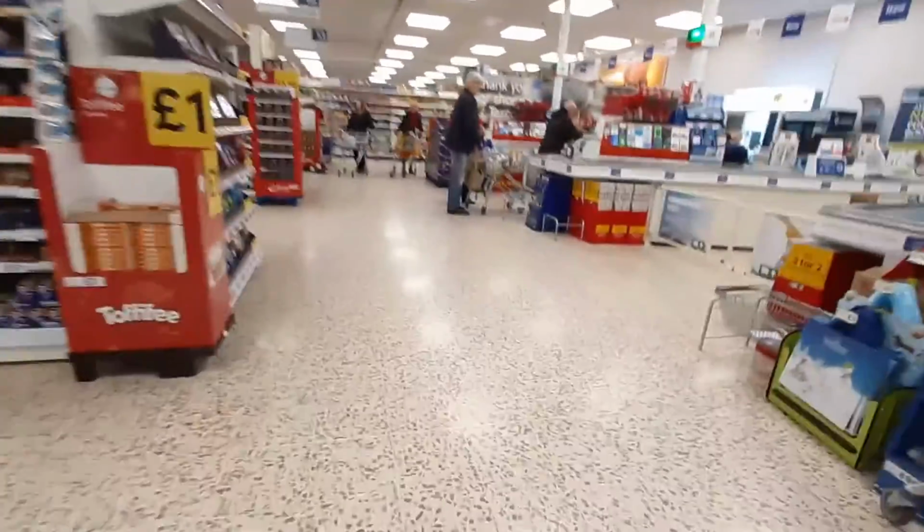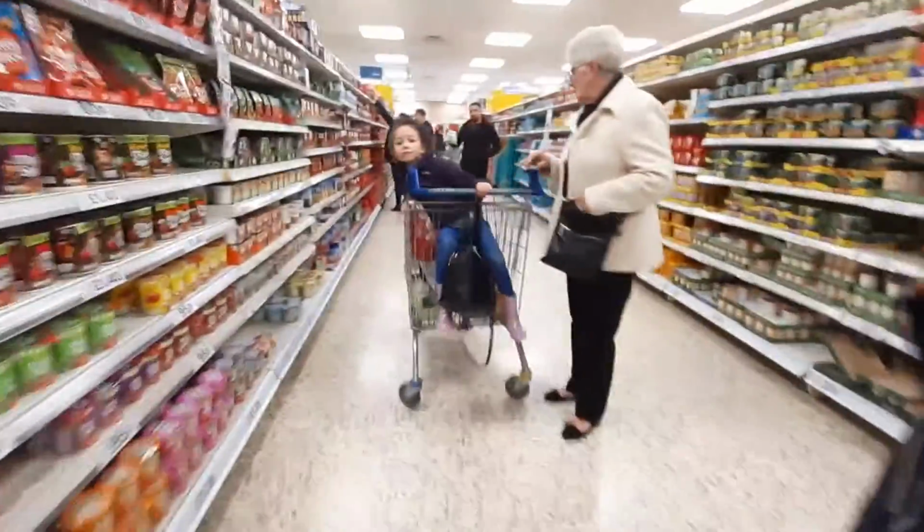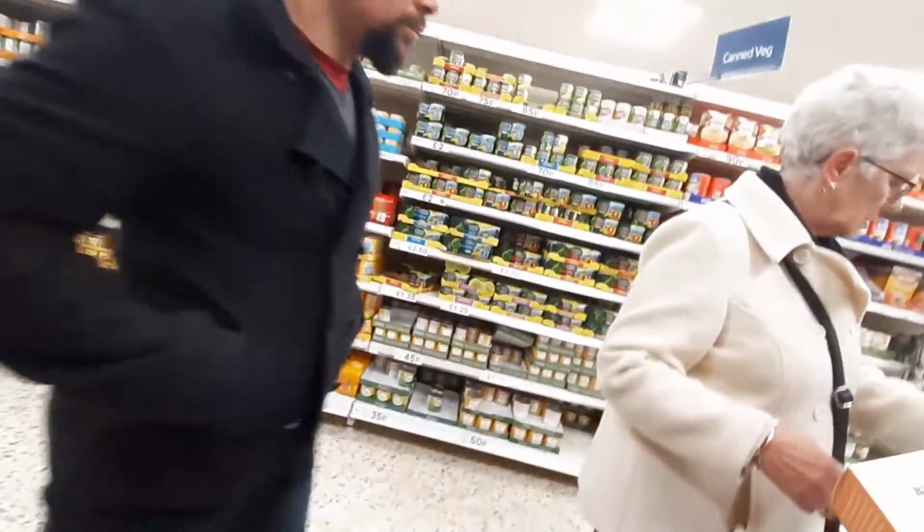Yeah, so I'm just walking back. You can see they've got all the different bags on the corners there, and then them toffees. I used to like them when I was little. They're £1. So yeah, so here we've got jellies, all different types of jellies, and again on that side there's